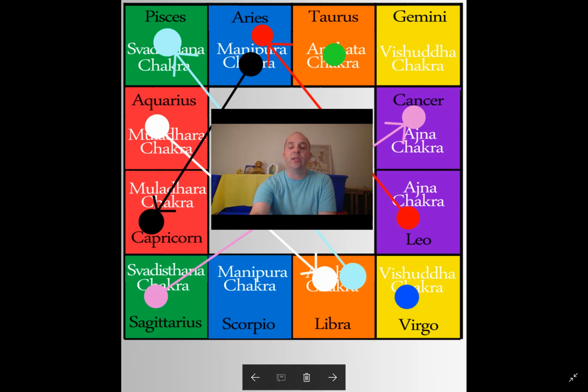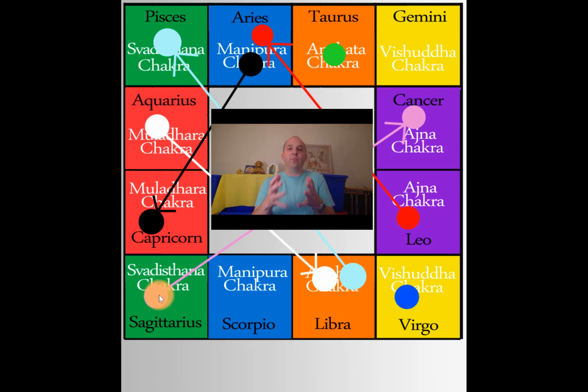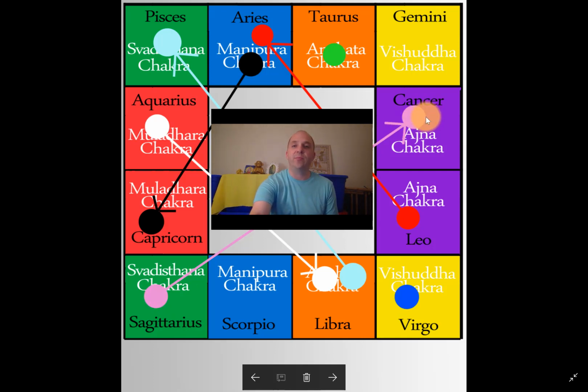And now let's go ahead and look at Jupiter. So Jupiter's moolatrikona here is in Sagittarius, which is the Swadhisthana chakra, all about creating things in the world. And the male half of the Swadhisthana chakra is about actually finding purpose in life, feeling secure in who we are enough, and knowing where we want to go in life, the action that we want to take, the direction that we want to go to find more fulfillment, to establish our legacy in the world. And so where should this energy best be taken is all the way up in the